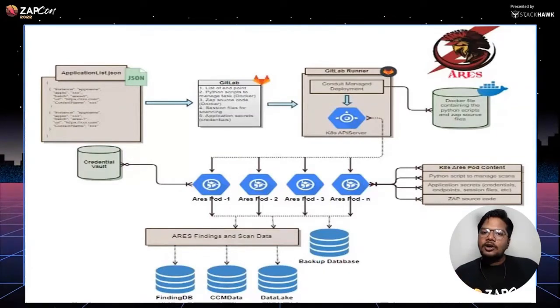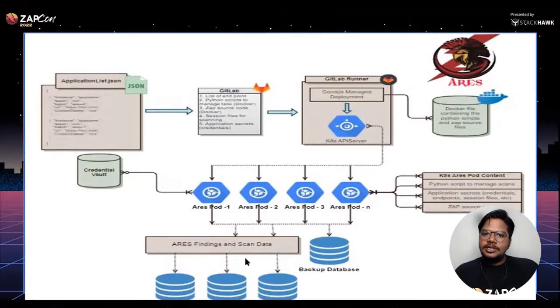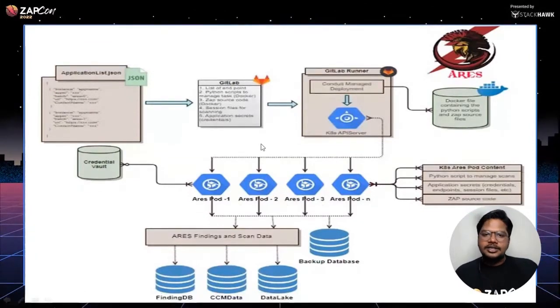Then we have a Docker file where we have our customized rules and the ZAP inside that. So this Docker file will be picked up by the Conduit managed build. Conduit is kind of like our inbuilt deployment language, you can say. Then it will deploy in each pod, which will start scanning. So after each successful scan, all the findings will be pushed to the data lakes or the findings DB, whatever